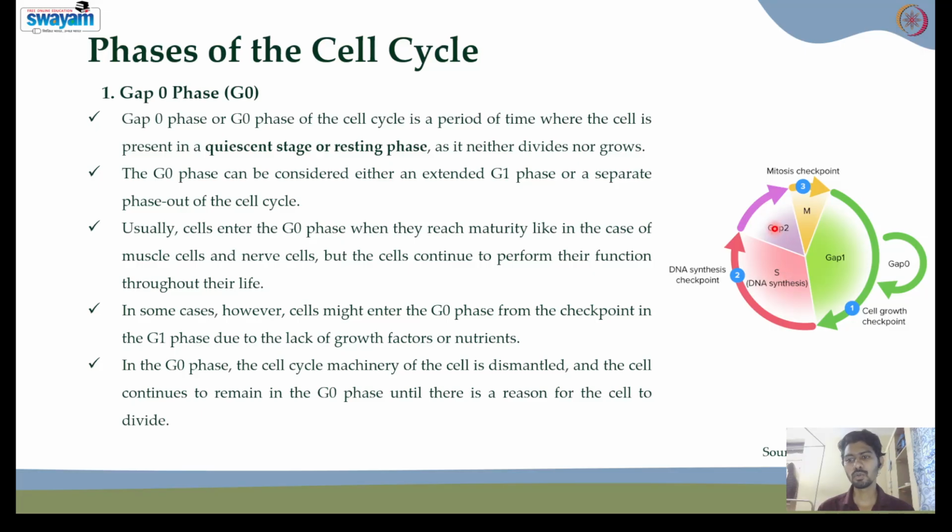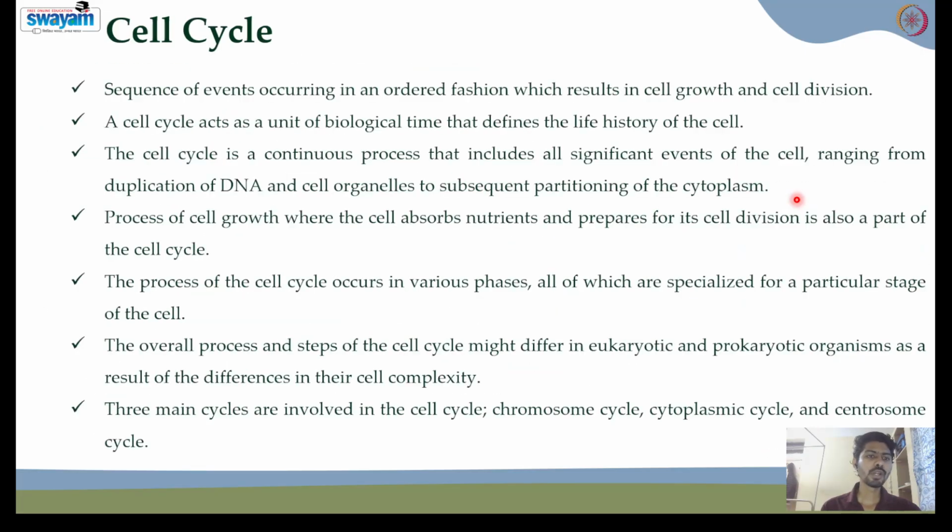Whereas from G2 to M, we check whether the cell has prepared its proteins and their complexes in order to carry out the mitotic phase. And finally, in the mitotic phase, the cell divides. That is, one cell will be converting into two identical daughter cells. So these are all the important concepts regarding the cell cycle,